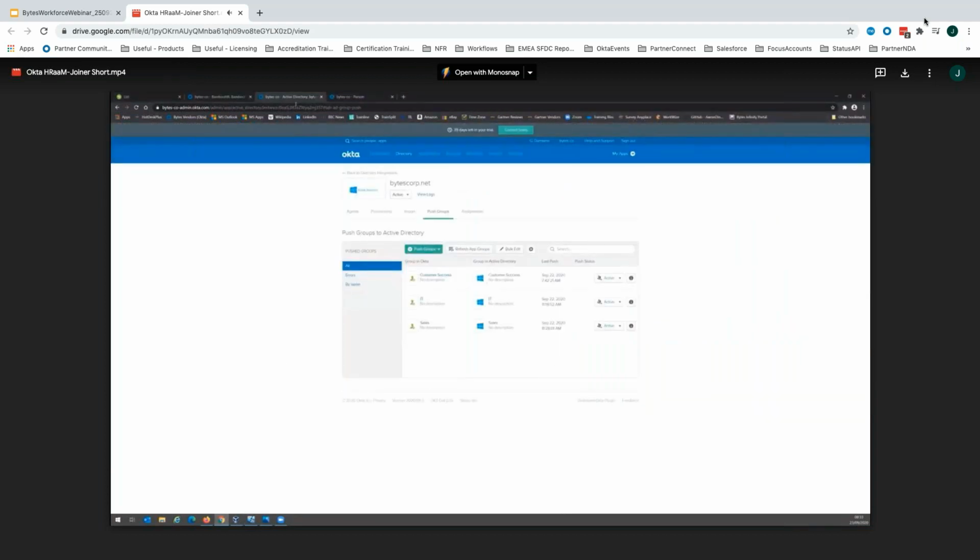So within Okta, I will go into Directory integration, and select my Active Directory. I will then go into push groups, and I will activate a push group for both IT and sales. So I click on the drop-down menu, select push now. You can see that the push task begins, wait for it to complete, and repeat the same step for the sales group. Drop down, push now, wait for the push to complete. And then